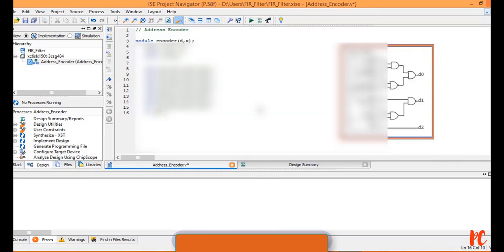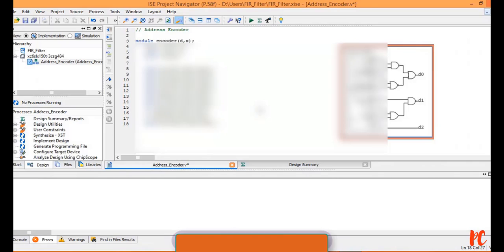Or G10 of D0, W2, W4. Finally, NAND G11 of D1, W5, W6.